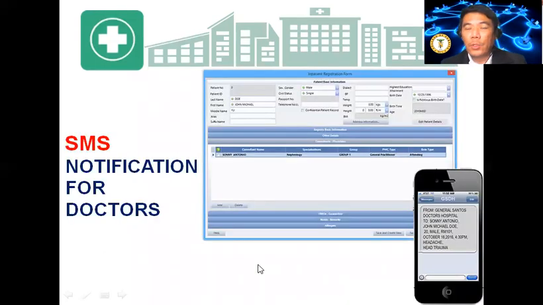This is a feature wherein there will be an entry of the inpatient registration form by someone, the nursing personnel who is assigned to enter the data and translate it into information. And once the information has been processed, the attending physician will receive this information, which includes from what